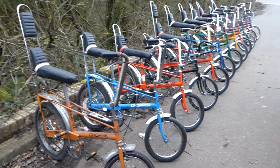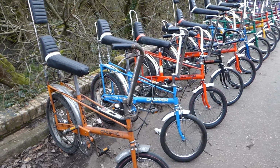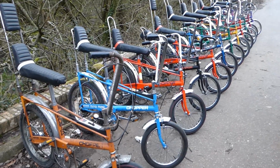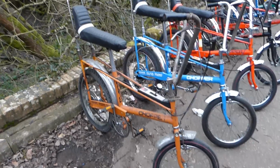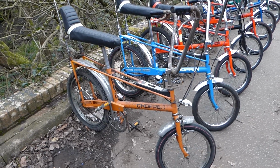Okay, so we've got some Raleigh Choppers out today. Most of these are Mark 1s. There's a few Sprints in there, three Sprints I can count. Just 12 bikes here. First one that we're looking at is a Targa Mustard high backrest, bought from the original